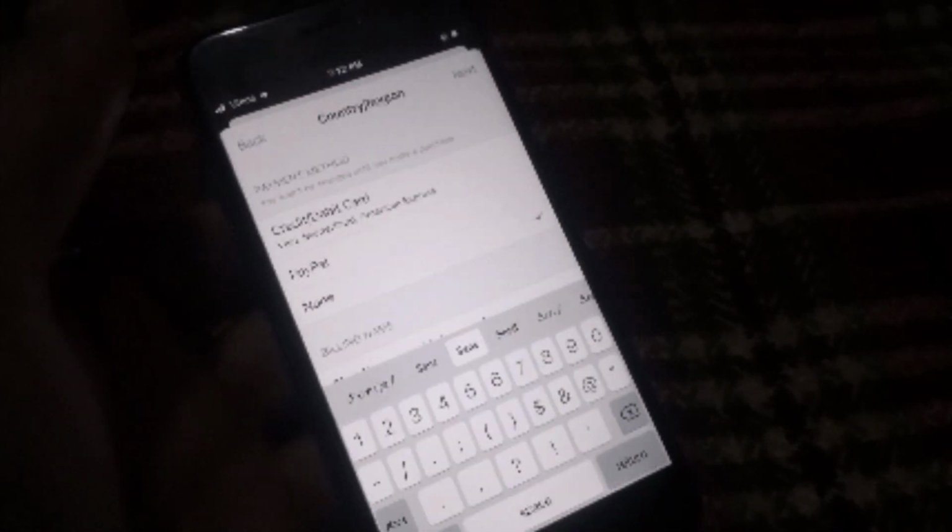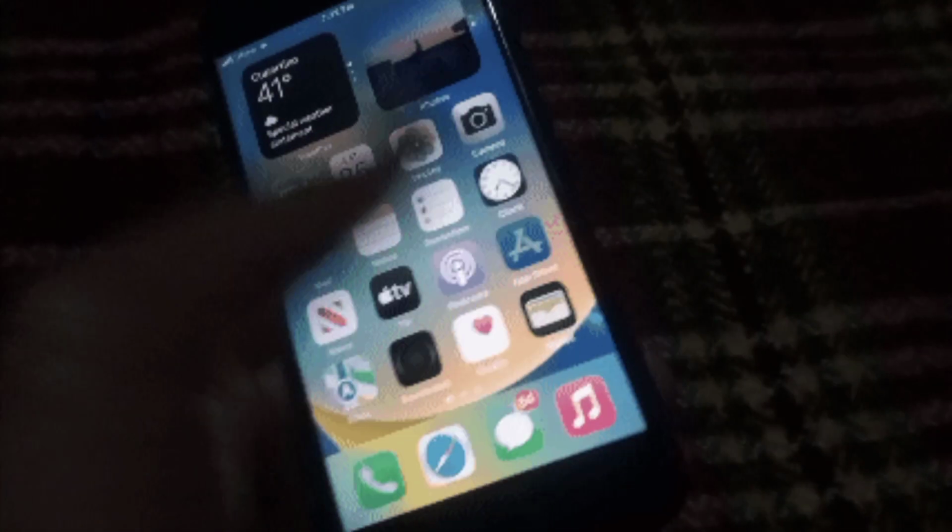Here guys, your information has been saved. Sometimes the Next button does not work, but your information will be saved. And go back here guys, and now open the Play Store application and search for any application you want to